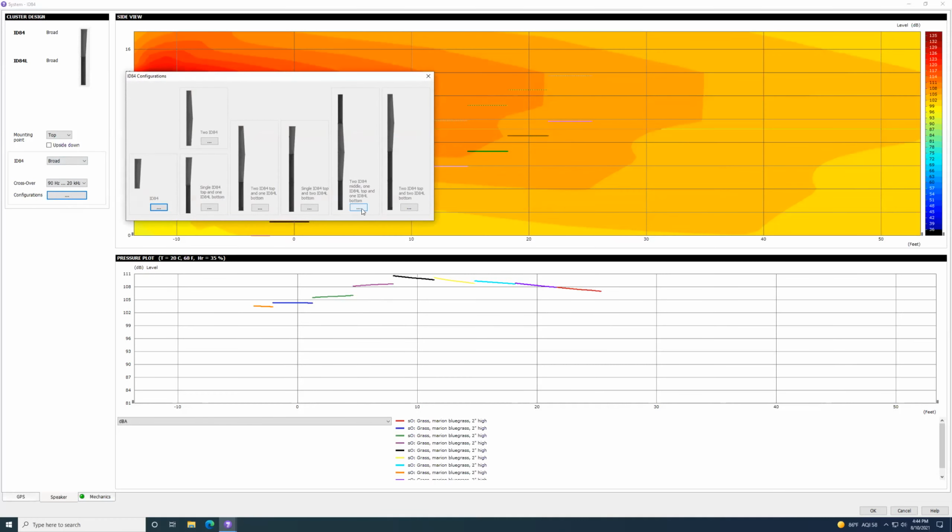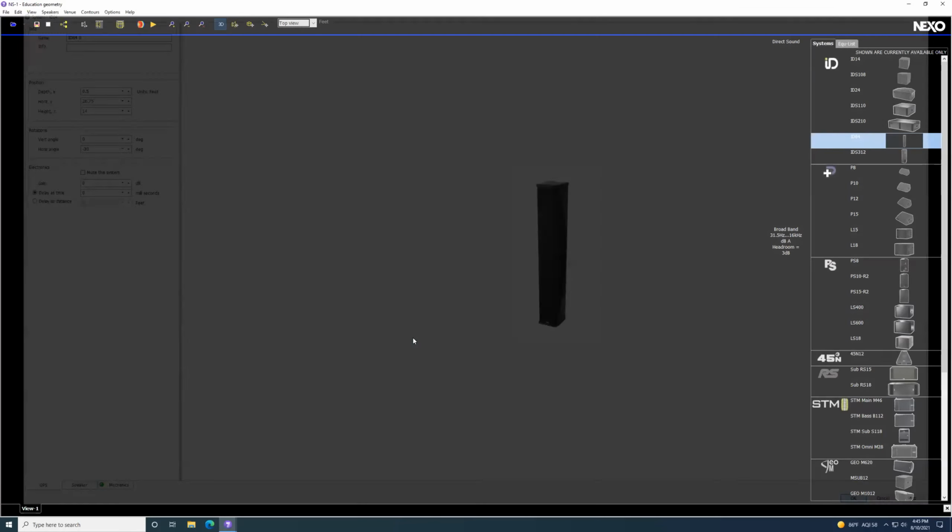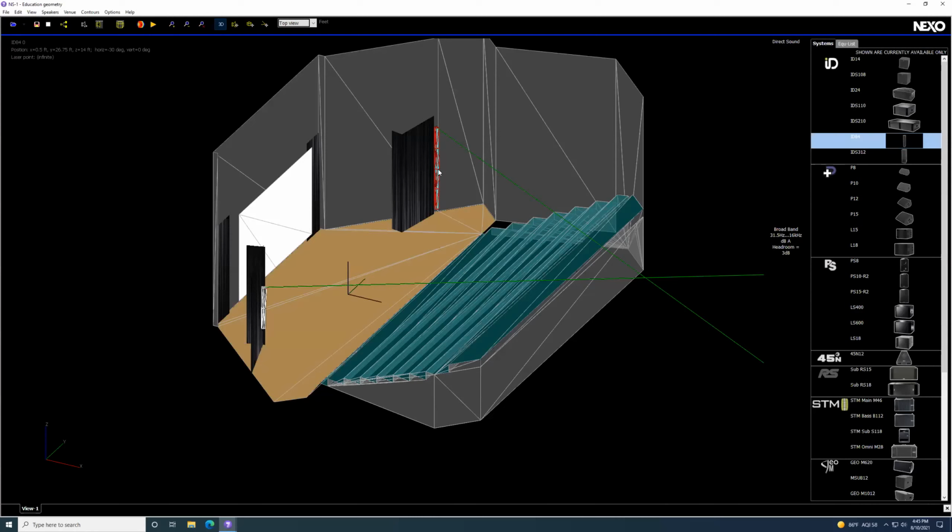And then you can see, just for kicks and giggles, if we wanted to take this guy to, this is 2 ID84s with 2 ID84Ls. You can see just the absolute laser beam that guy is throwing out to plus 60 feet, it's still that 108 dB right on axis. So column loudspeakers at their finest. But going back to